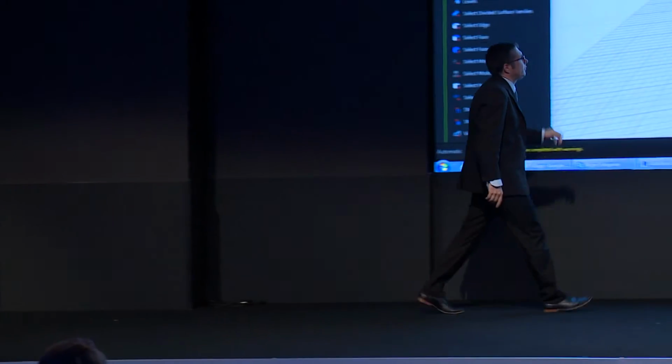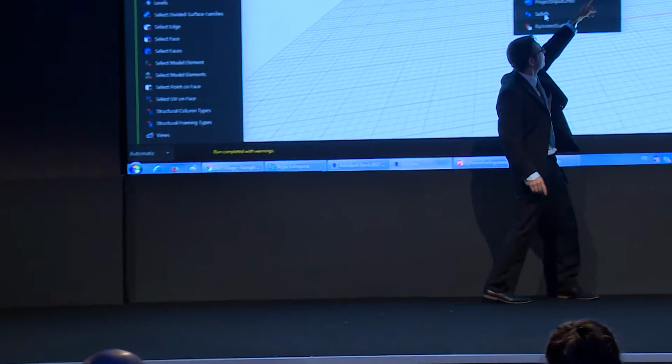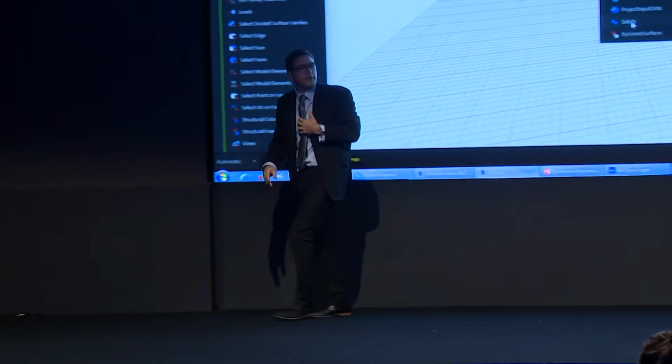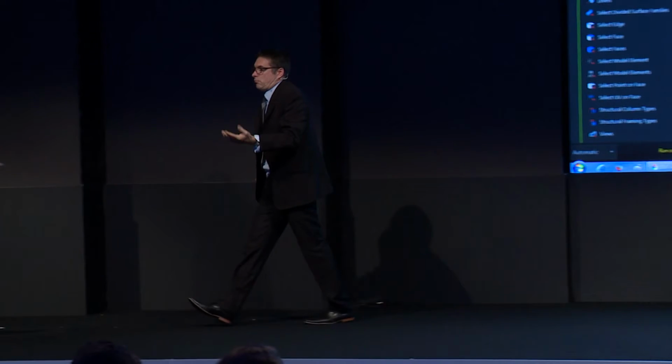Or you can try this. You type solids and see what you can find. And you will find here Solid. And you've got the help on the right side with the input, it is element. Perfect. And the output is solid. Perfect. That is the node that I need to take. Okay, I will take this.